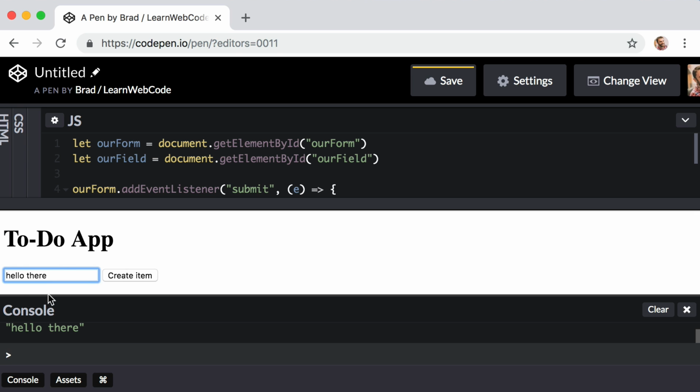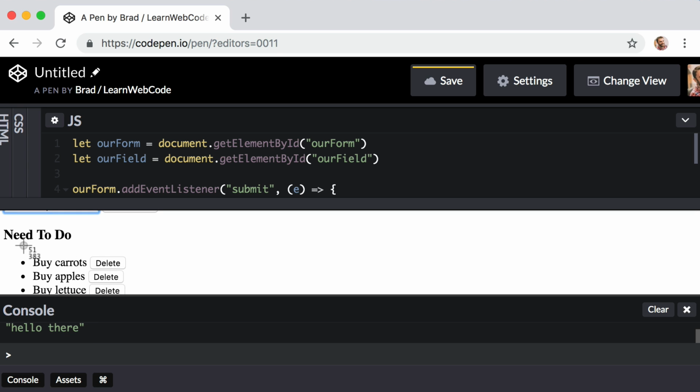Now we don't actually want to just log it to the console. What we really want to do is add a new item to the bulleted list. So why don't we go into our HTML and give this unordered list an ID so that we can hook onto it from within our JavaScript. So in the HTML,